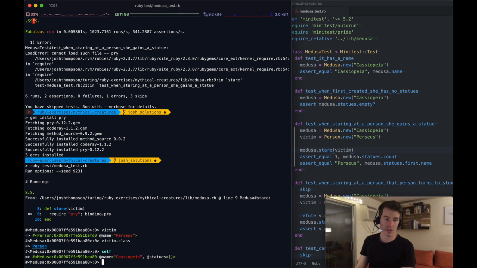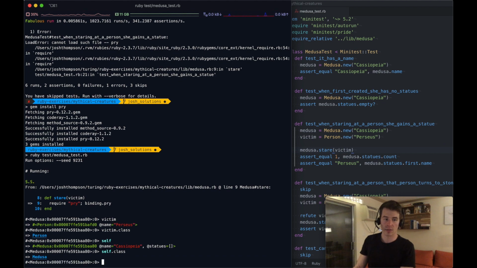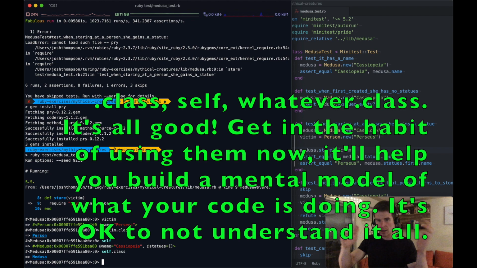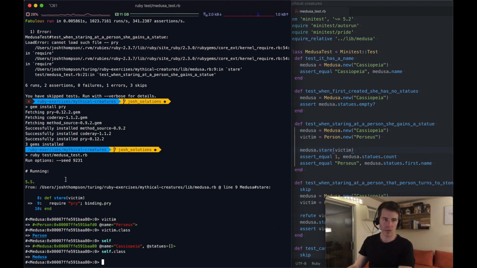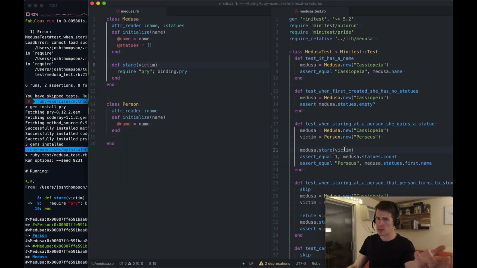So now this is this Medusa object named Cassiopeia, empty statues array. So we can do self.class, and that'll be Medusa. So this is .class and self and argument.class, useful ways to keep your head straight about what you're working with. So cool, we're here. What are we actually trying to do in this method? No clue yet. I haven't looked ahead beyond just making sure that this method would work, and I stuck the pry in there. So we want to assert_equal 1, Medusa.statues.count, and we want to assert_equal Perseus,